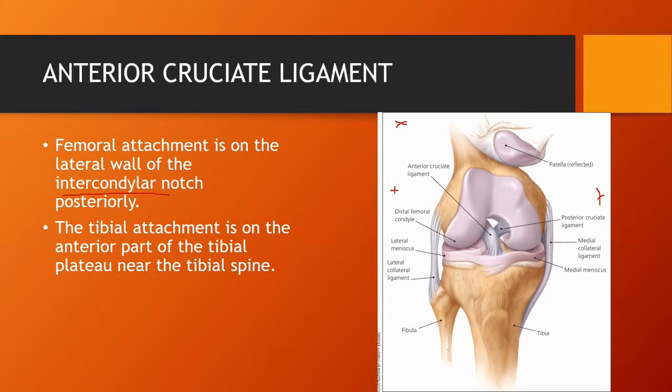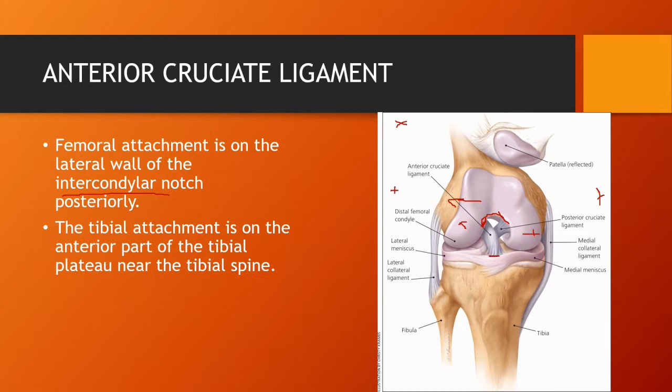So the intercondylar notch is between the condyles. That's what intercondylar means. So here's the lateral femoral condyle. Here's the medial femoral condyle. This is the intercondylar notch here. And the anterior cruciate ligament attaches up here on the lateral aspect of the intercondylar notch. So its origin is lateral. And then it comes and it crosses, and that's what cruciate ligaments mean. They're crossing ligaments. And it attaches